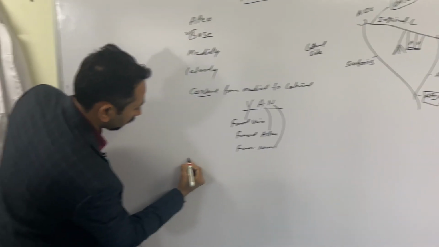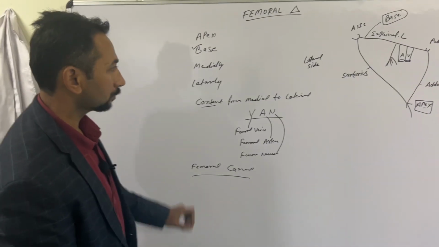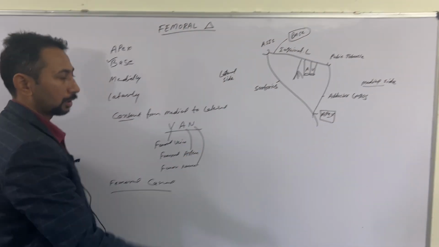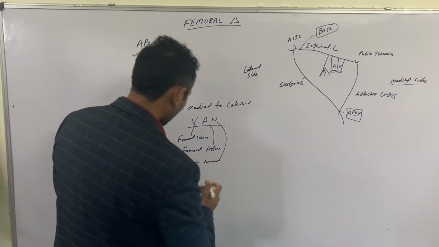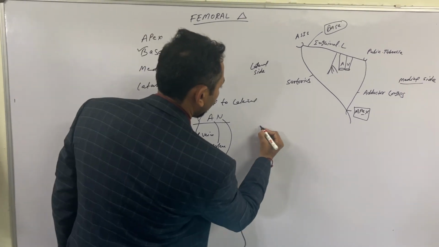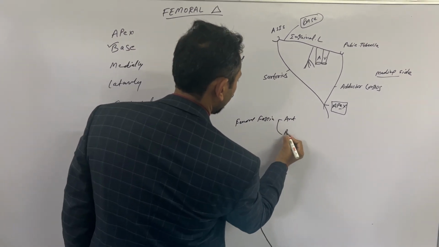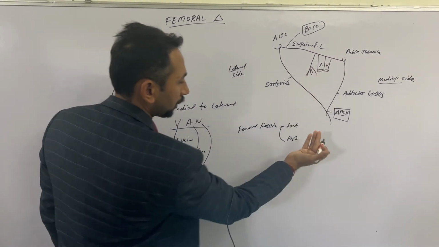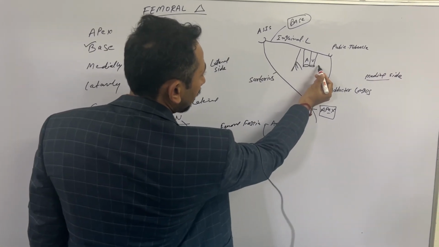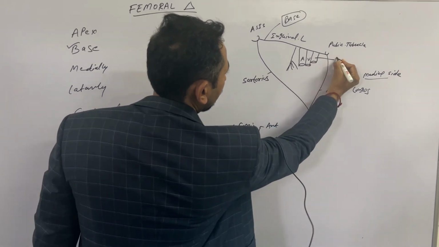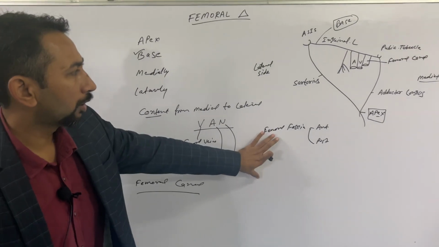Then what is the femoral canal? There are two fascia which cover the anterior as well as the posterior aspect of the femoral vessels, called the femoral fascia. So from the femoral fascia the femoral canal is formed. The femoral fascia covers the femoral vessels from the anterior side and the posterior side, and when this femoral fascia comes to the medial side of the femoral vein, the femoral canal is formed here. Okay. So this is the femoral canal. Now what is this femoral fascia?